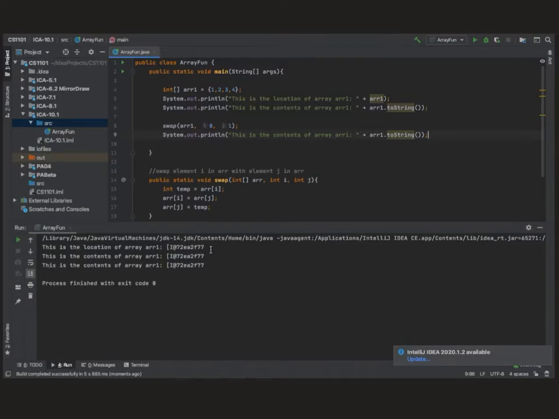This is the location of array. This is the contents of array1. So notice what I did wrong here. And this is something that is easy to do wrong. I used array1.toString instead of